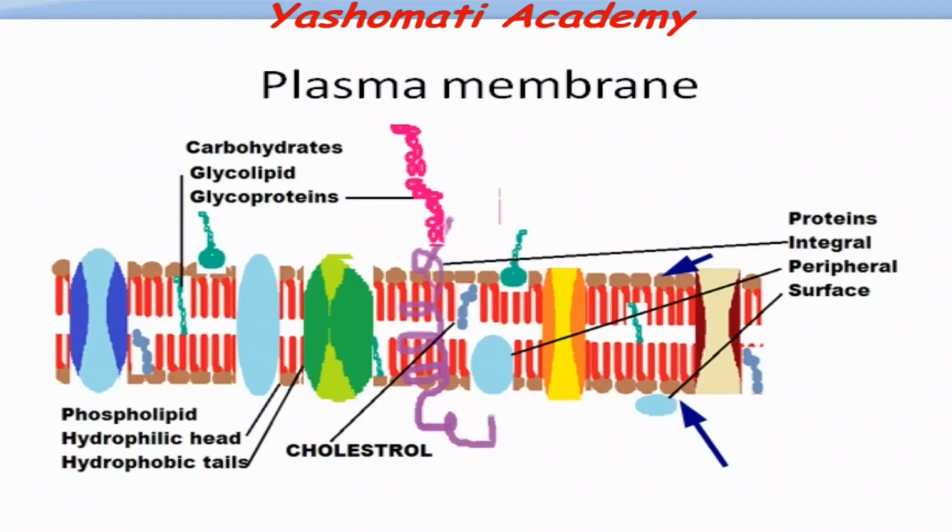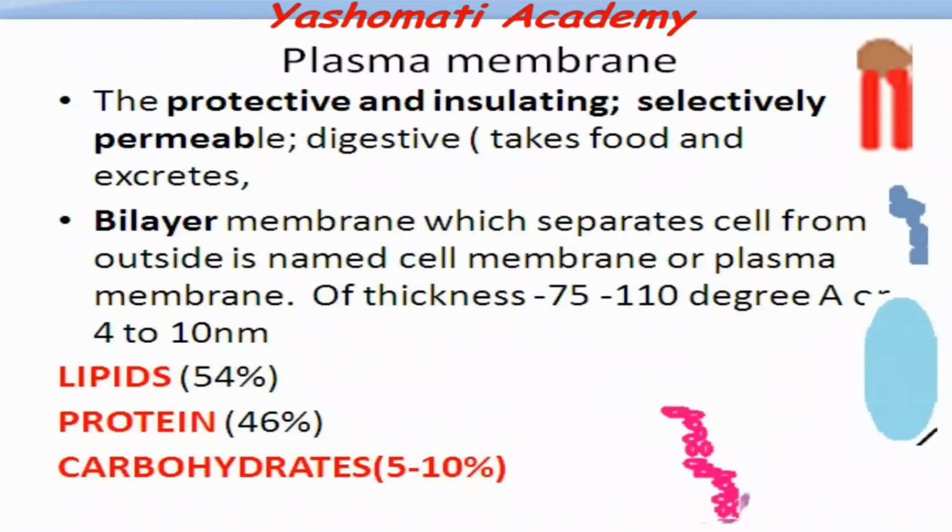As far as plasma membrane is concerned, it is a very important and very characteristic part of the cell, because it is providing many different functions and it is doing many important functions in the cell. Let us first study about the function which it is doing. It is protective in nature. Because of the plasma membrane, the germs or the other chemical substances which may be present in the environment are not allowed to enter into the cell. So this membrane is protecting the contents of the cell from outside.